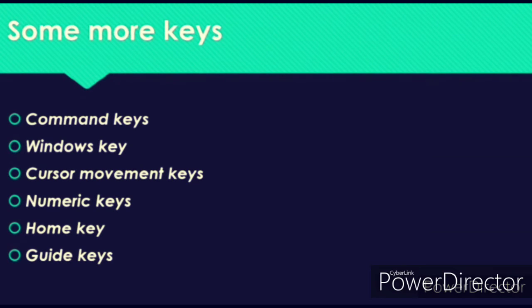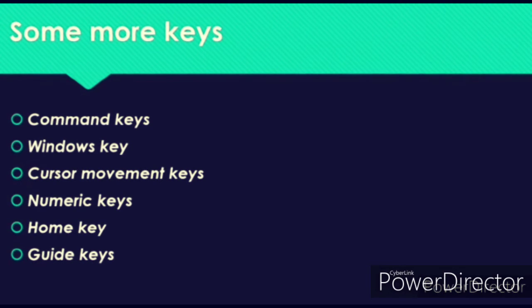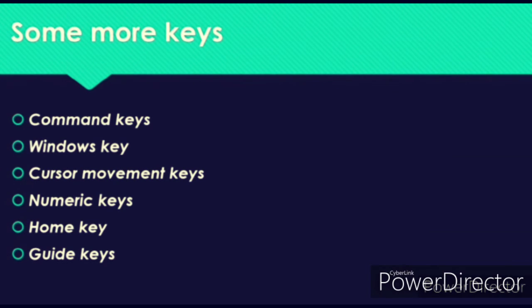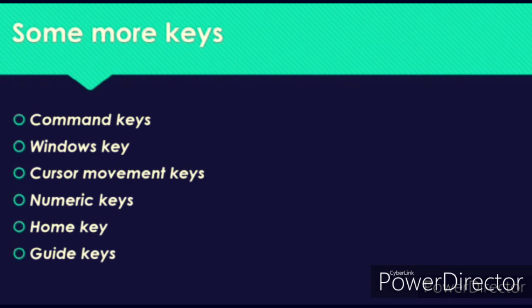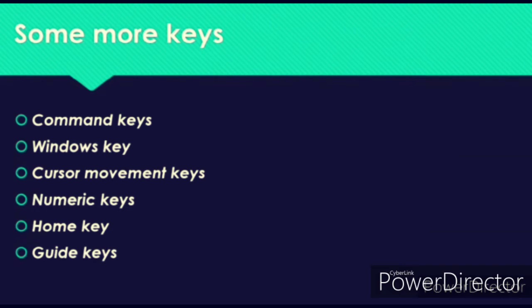Backspace key is used to remove the typed text, characters, words, and other objects on the right and left of the cursor. When you want to shift something to the right or left, then the backspace key is used. Next, window key. By pressing this key, you can open the start menu of your computer system.